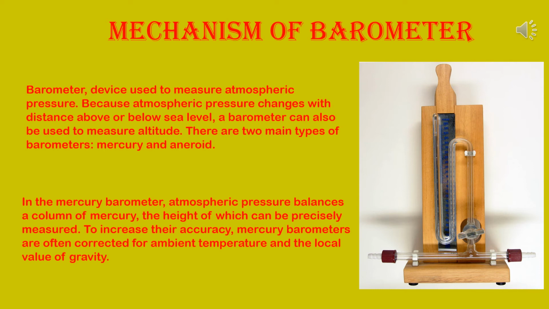a slow fall of the barometric height shows an increase of moisture content in the air, and there is a possibility of rain. A gradual fall of barometric height indicates bad weather, and it continues for some days. Further, a slow rise of barometric height indicates dry weather, and a fast rise of barometric height means good weather. A sudden fall in barometric height indicates storm or cyclone.